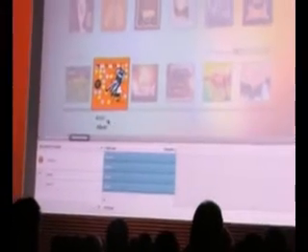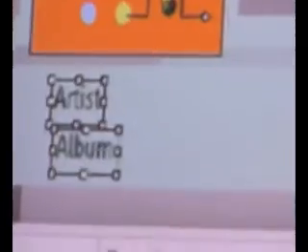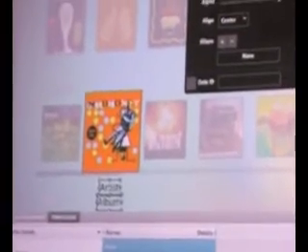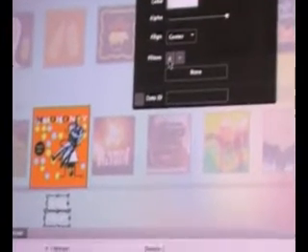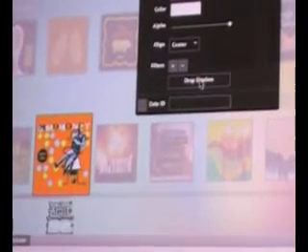So we'll add that. And I also wanted to add the album name down here as well. So let me make those a little bit bigger so we can see them. And I want to make sure that they're always centered. So go back to my properties panel and say, make sure that they're always centered. Let me choose maybe a bigger font so everybody in the back can see. I'll make it white. And then I'll give it a good drop shadow so it really pops off the canvas